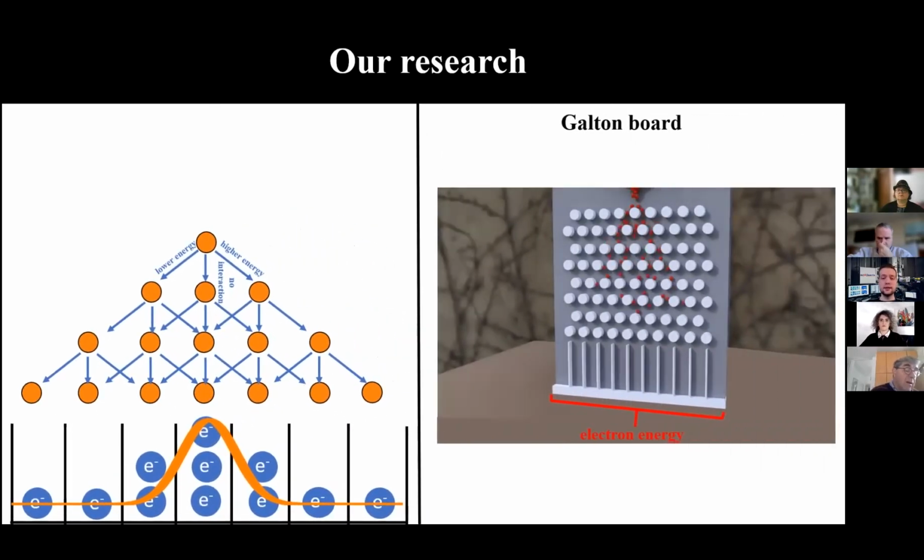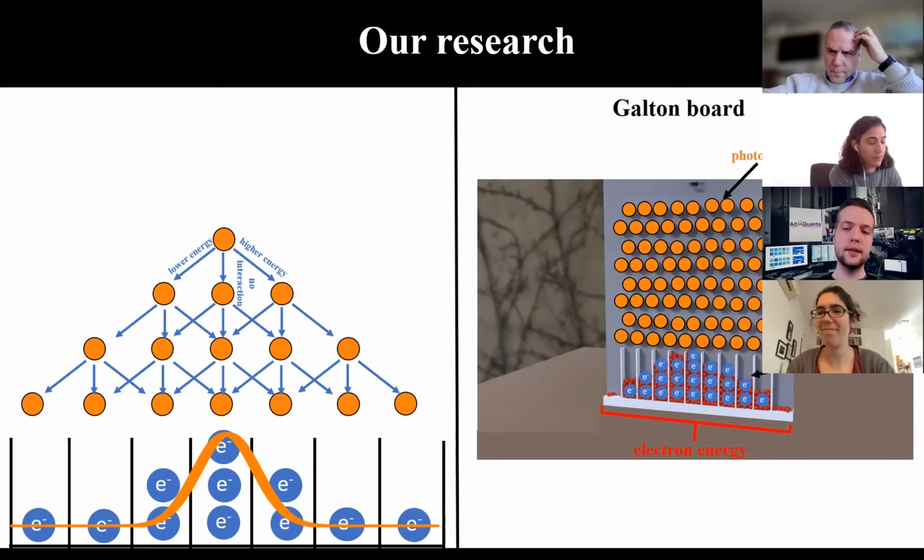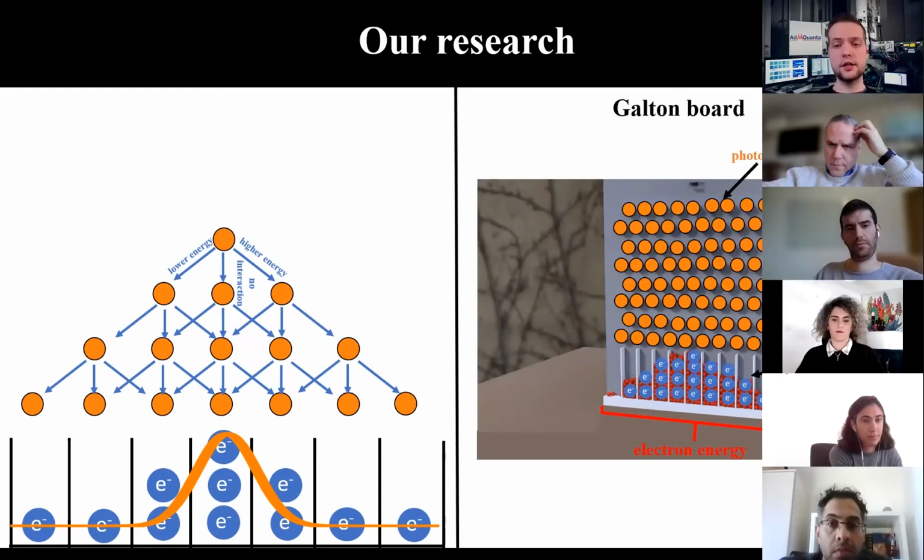This process is very similar to the Dalton board that you can see at the right side of the slide. Each ball here is the electron. Each circle is a photon. Electron, after interaction, comes to one specific bin. In this way, many electrons form a distribution in bins, which looks exactly the same as in interaction between electrons